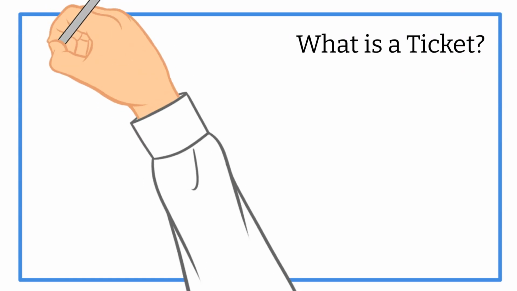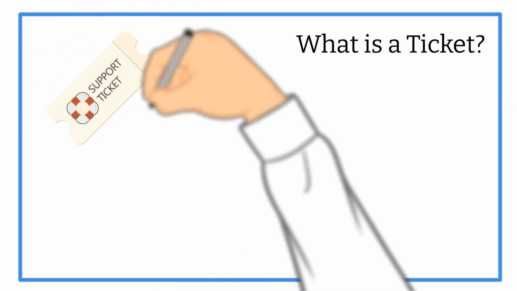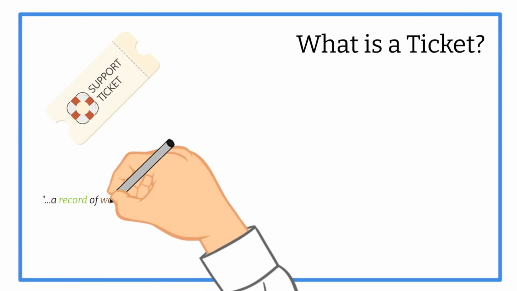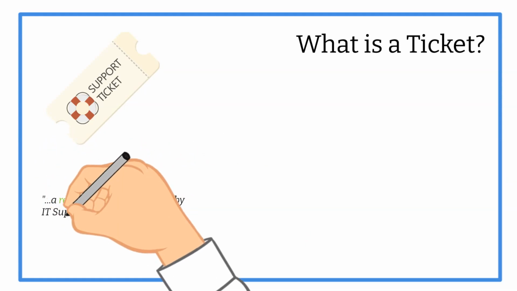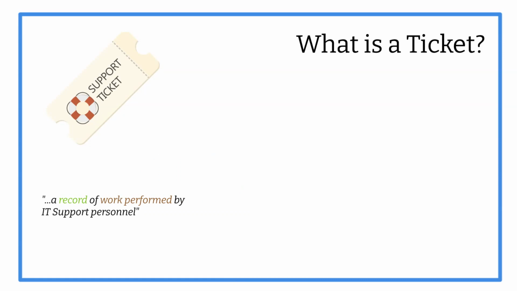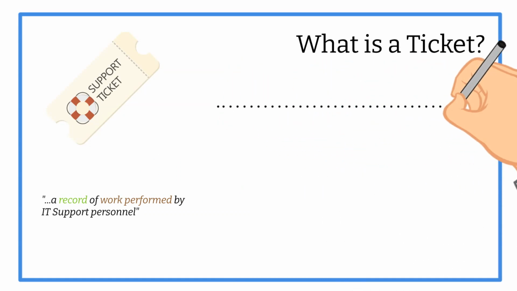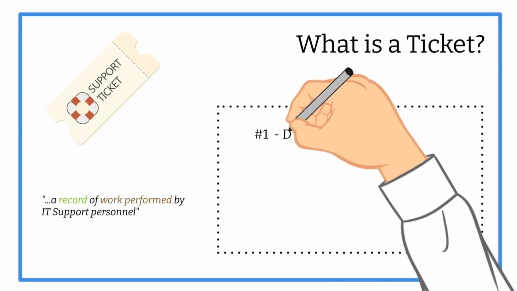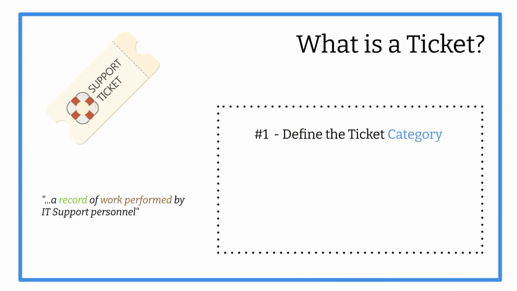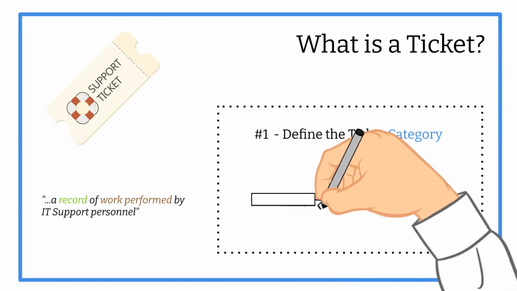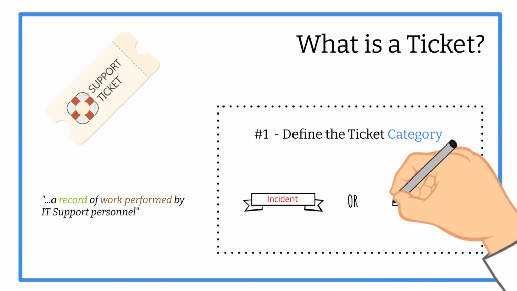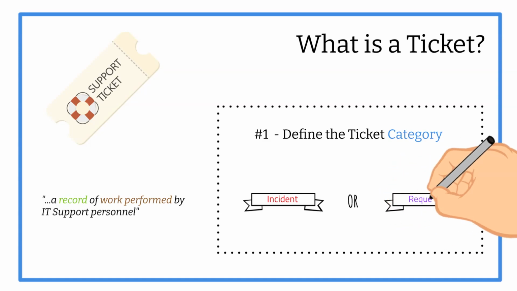Let's get straight into what a ticket is. A ticket is a record of work performed or needing to be performed by IT support personnel to maintain the IT environment, fix issues, and resolve user requests. As we know, there are many ticket categories, though as a service desk analyst, your core function is to only raise incidents or requests. Therefore, with exception to obtaining the user's name, we should be categorizing the ticket as soon